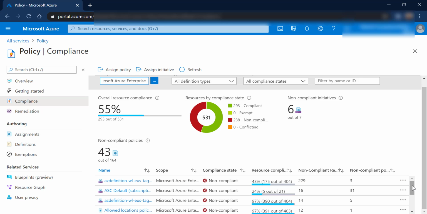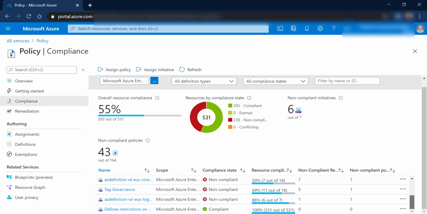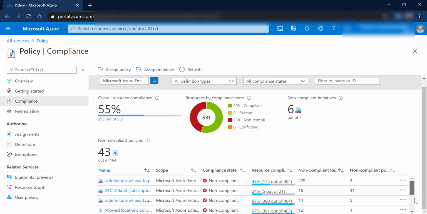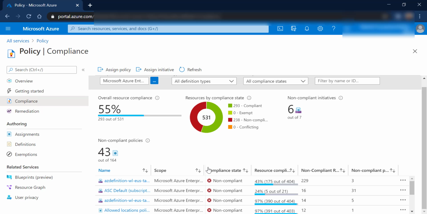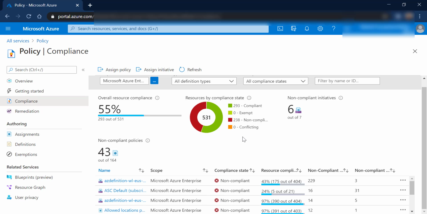I can find it here for each of my policies, and any administrator or team member can go ahead and find out whether your resources are compliant as per the given policy definition or not.